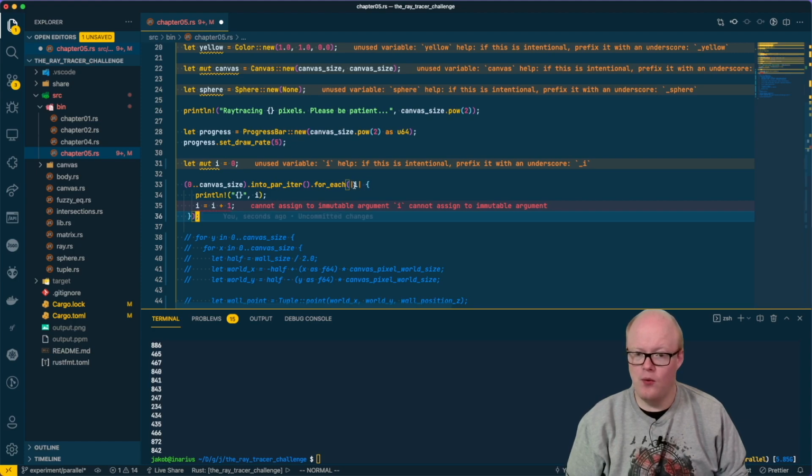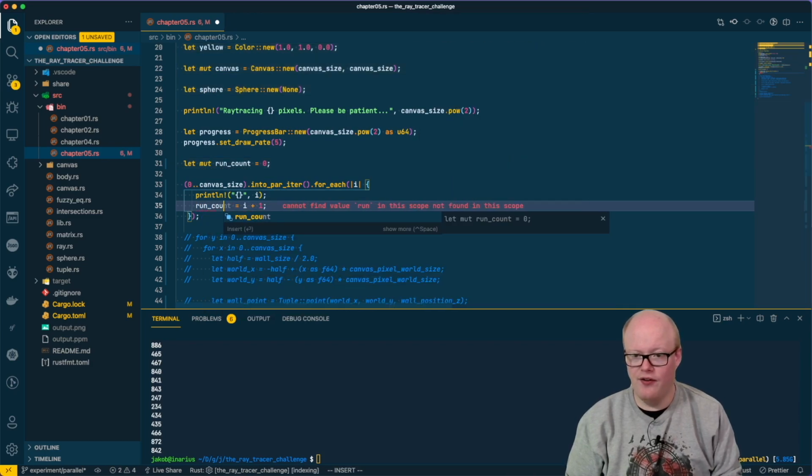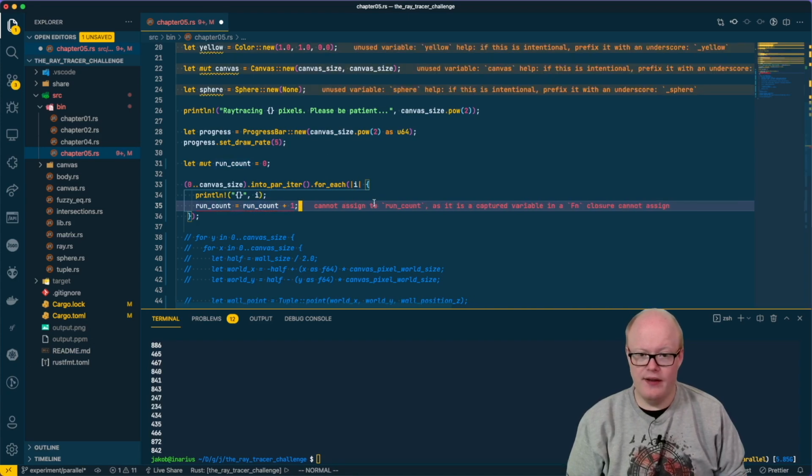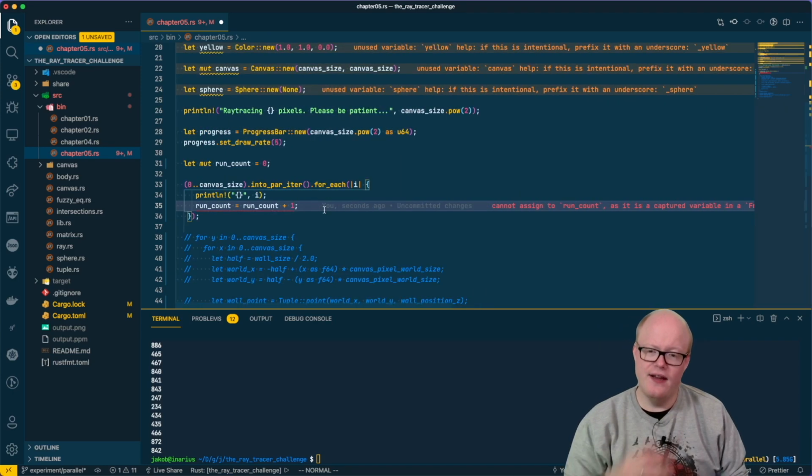Oh, wait a second, we called it i there as well. So let's call this run count maybe. And let's do run count plus 1. Cannot assign run count as it is a captured variable in an Fn closure. Okay, so